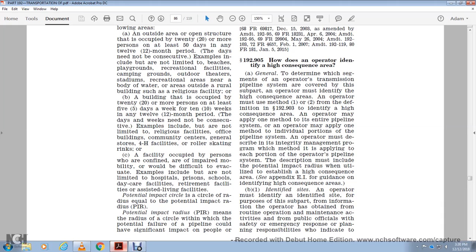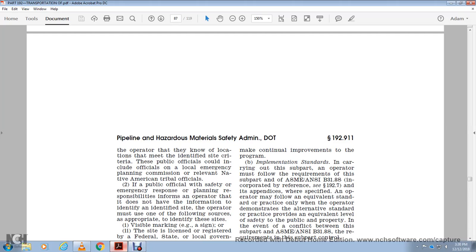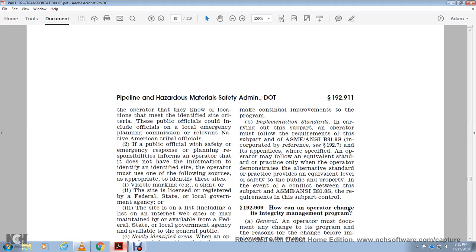B1, identified site. The operator must identify the identified site for the purpose of the subpart from the information that the operator has obtained from routine operation and maintenance activities, and from public officials with state and emergency planning responsibility who indicate to the operator that they know of a location that meets the criteria of an identified site. The public official can include officials of the local emergency planning commission relevant to the national Native American tribal official. If the public official with safety and emergency response planning responsibility informs the operator that they do not have the information to identify an identified site,